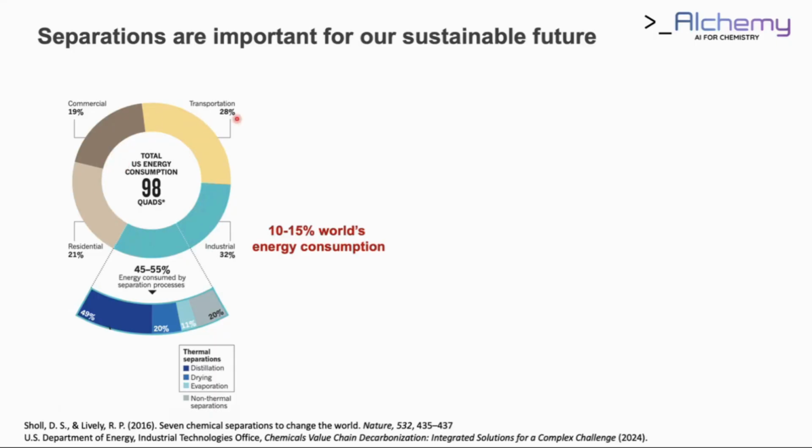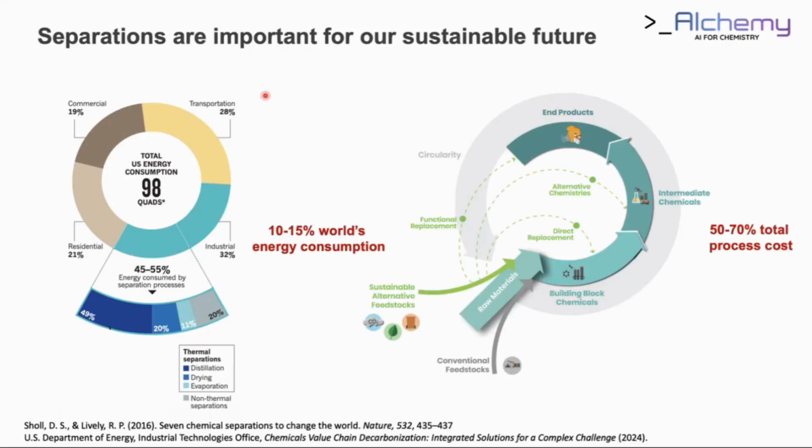This shows a calculation about the world's energy consumption, and it is estimated that around 10 to 15% of the world's energy consumption is related to separation, which is quite a lot of energy, and this is in our current chemical value chain. On the other hand, if we look at what the future of our chemical value chain will look like,